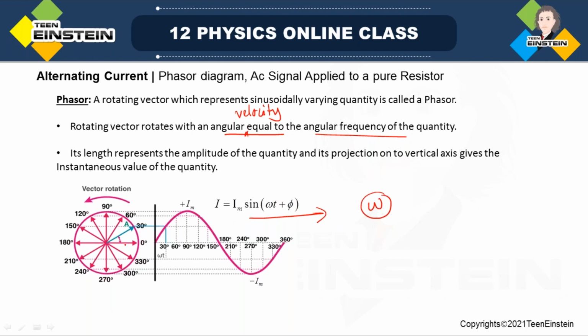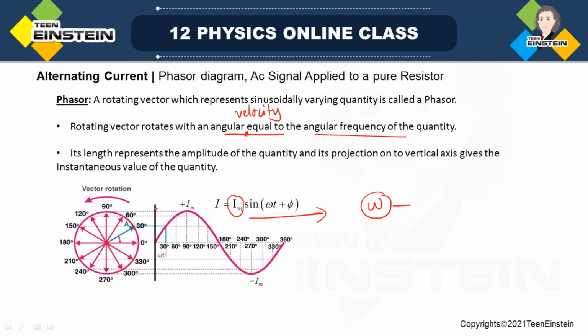So the rotating vector rotates from 0 to 90 to 180 to 270 degree, and again comes back to 0 degree, with an angular velocity omega. With the same velocity, it will rotate, but it will rotate in the anti-clockwise direction all the way from 0. And look, the length of this vector will give you the amplitude, that is Im, and see, instantaneous value of this quantity will be obtained from the projection on the